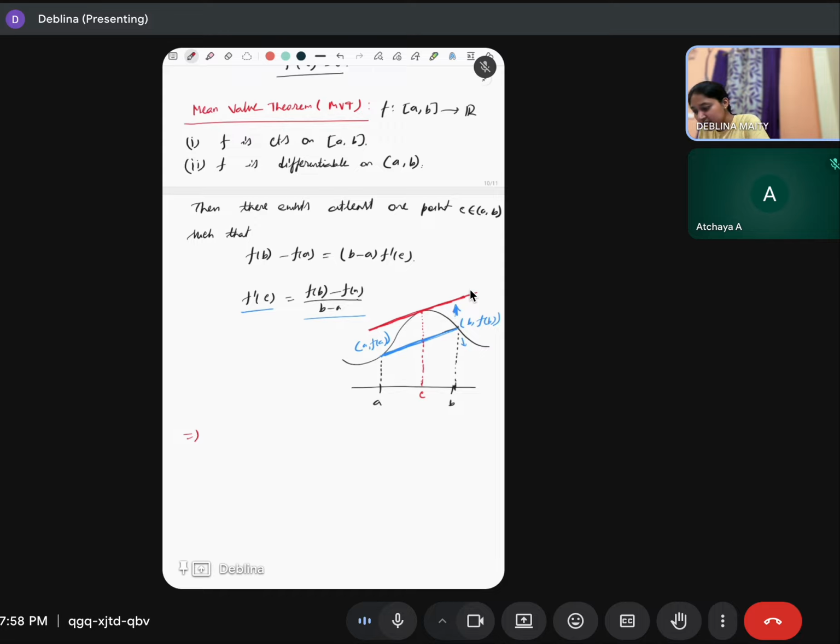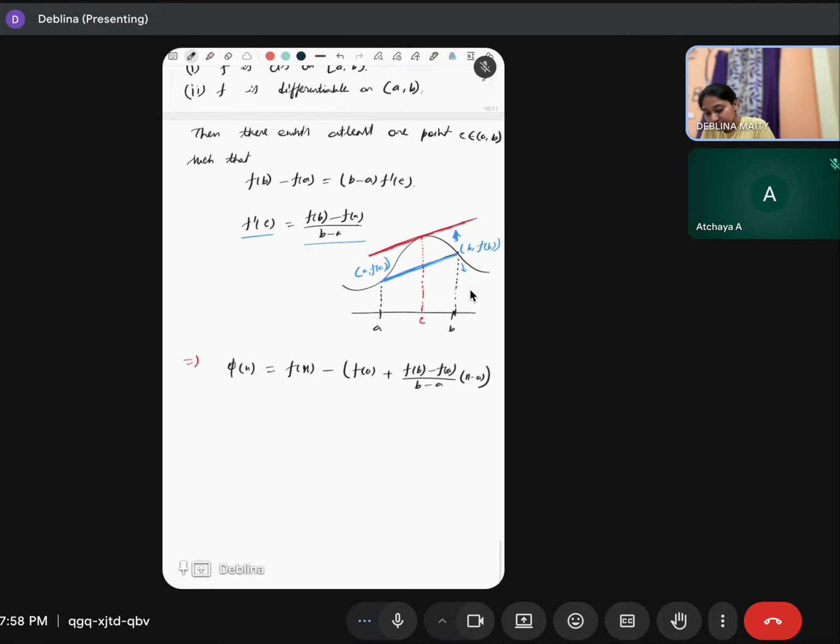Now if we prove this, it is an easy proof, a two-line proof. If we take this function phi x to be f x minus the line joining (a, f a) and (b, f b), this blue line, what is the equation of this line? If we take the difference of f x and this line segment and name it phi x,